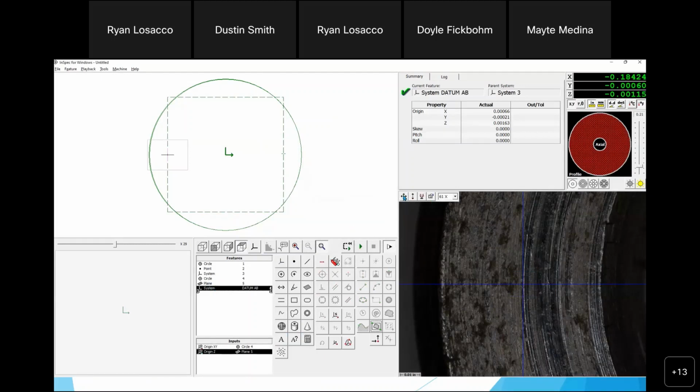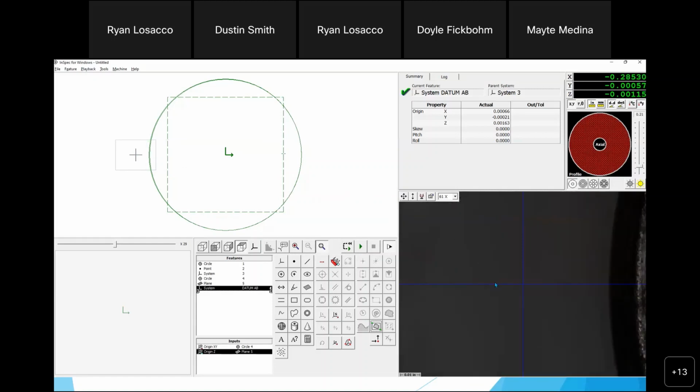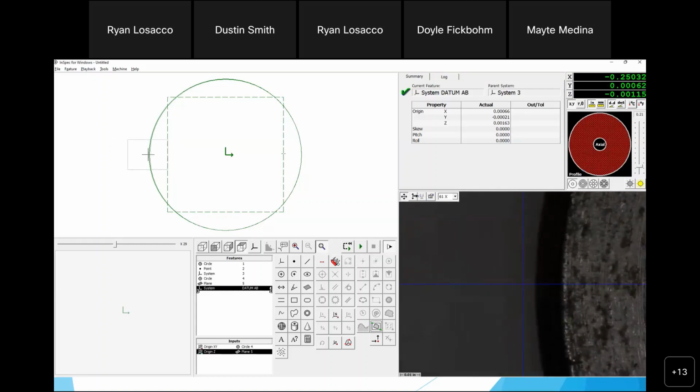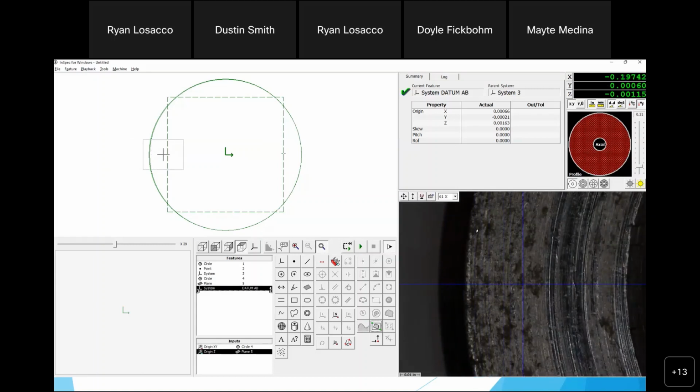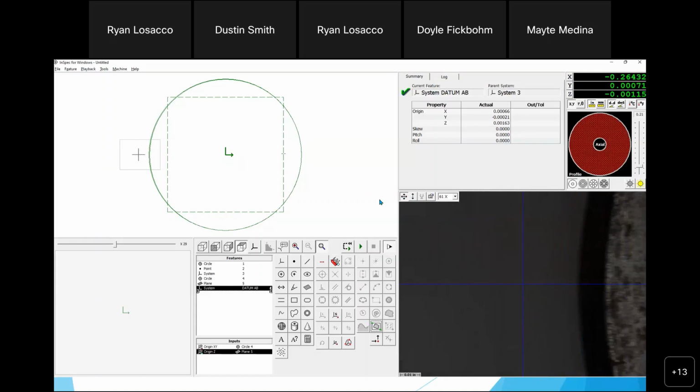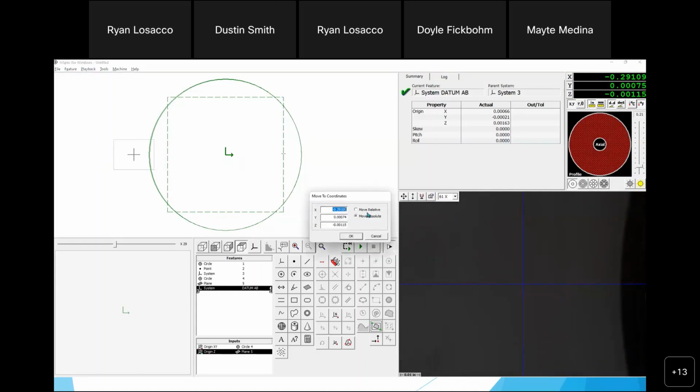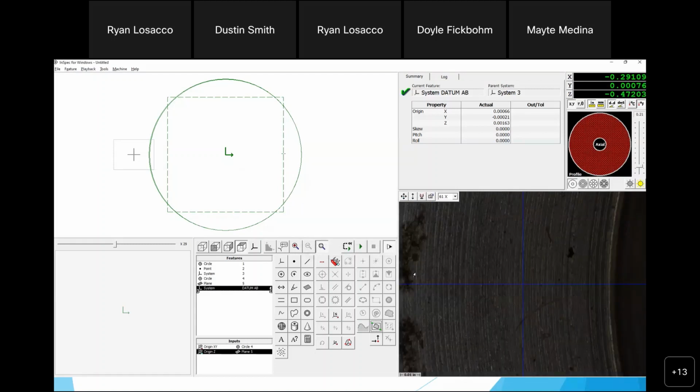All right, so now I look at my blueprint, and my blueprint says the next level down that we need to measure a height is down about, not about, my blueprint says 0.472. So I come over a little bit to the side of my plane, so we're in focus. This is our 0 point now. Now I can move over, right click, move to absolute, down in Z, 472, and boom, now we're at the